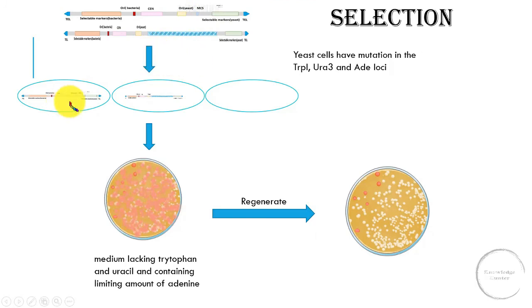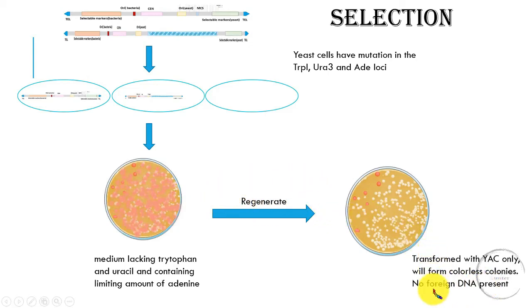When the YAC vector is transfected into yeast cells having mutations in the tryptophan 1, uracil 3 and adenine loci, some yeast cells get transformed while others are not. To select the transformants from the non-transformants, we need to put them in a medium lacking tryptophan and uracil and containing a limiting amount of adenine. The non-transformants will not be able to survive because they are lacking the tryptophan 1 and uracil 3 genes, but the transformants will survive. Generally the colony looks red, but after a few hours